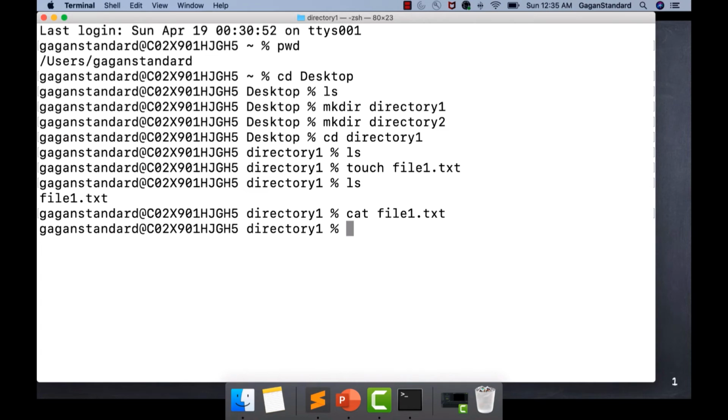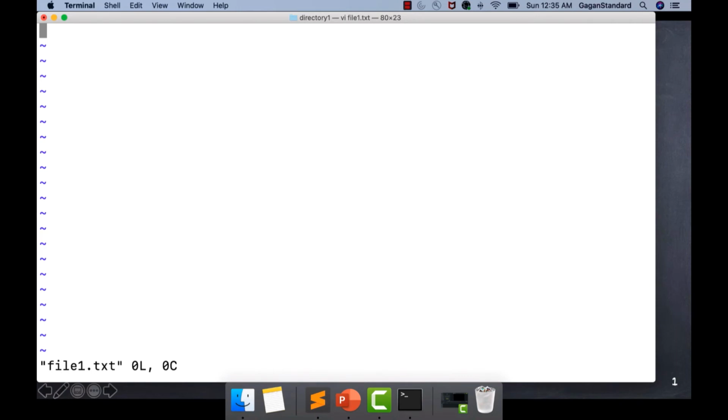So let's go and modify this particular file. We'll type the file name after the vi command. So I'll say vi file1.txt. Yes, you can see the editor has been opened. Now you have to type the content over here. This is one of the editors that I am using to modify a file. So let's say the content of the file says my world.